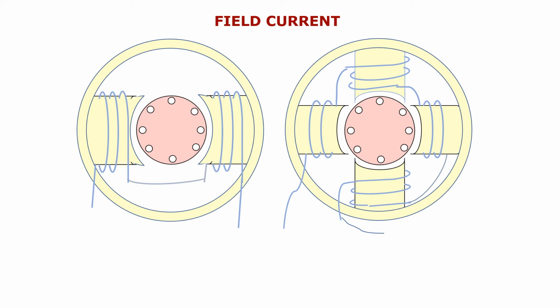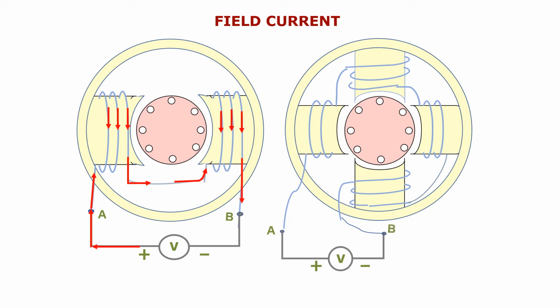We will see the flow of field current in these figures. In the first figure, let us connect a separate source to the field winding. The current comes from the source. It flows through the first field coil, continues in the second field coil. Observe the direction of the currents in the field coils. Coming to the second figure, here also we connect a separate source. The current coming from the source flows through the first field coil, continues in the second, third, and through the fourth field coil.